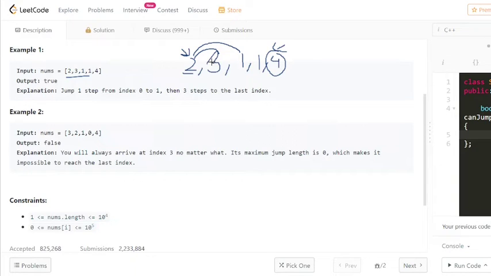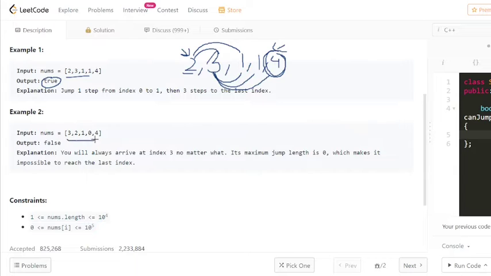If we jump to index 1, the maximum jump we can take from index 1 is actually 3, right? So from index 1 we can either go to index 2, or index 3, or index 4. So we can see that from this index we can reach index 4, and hence we are returning true over here.